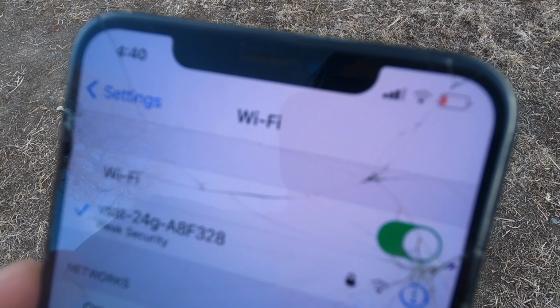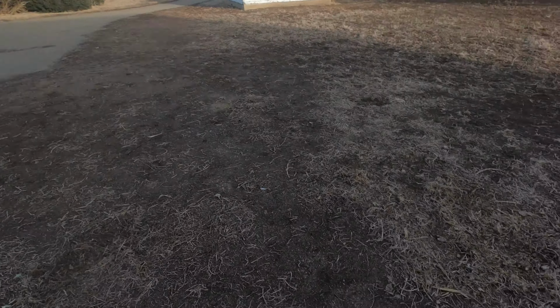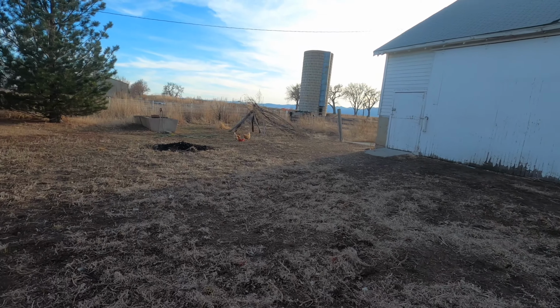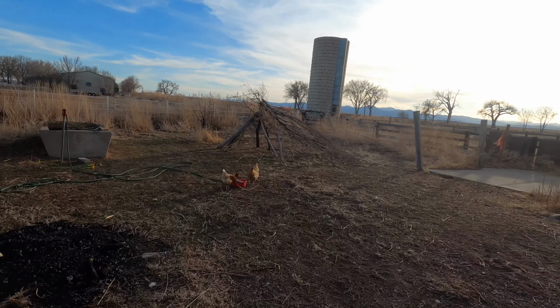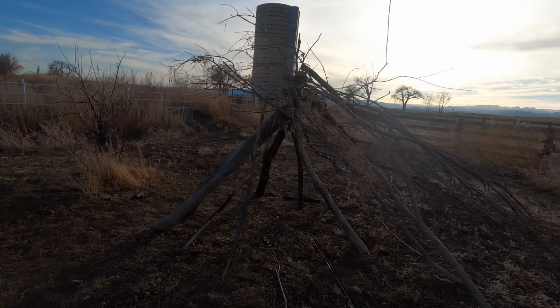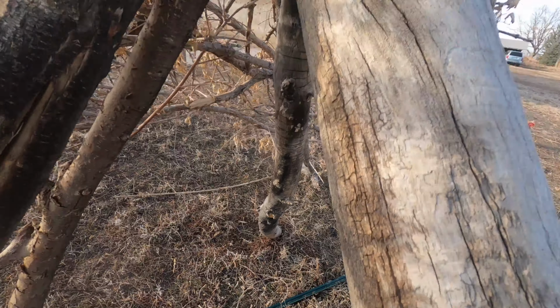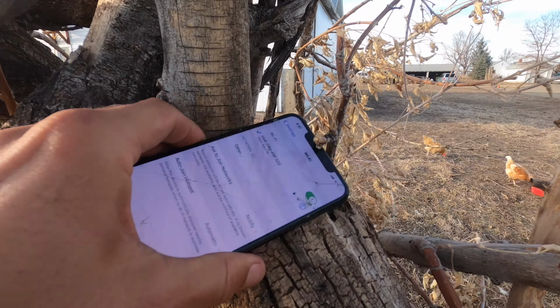Okay, so you can see from here that my Wi-Fi signal has dropped. I am right now closer to the house and away from the teepee. What I'm going to do is walk back to the teepee and place my cell phone on the teepee and let's see what kind of signal I get. So I'm back at the teepee. I'm going to place my cell phone on the teepee. Let's have a look here. Full reception